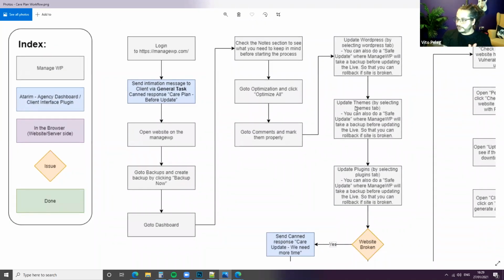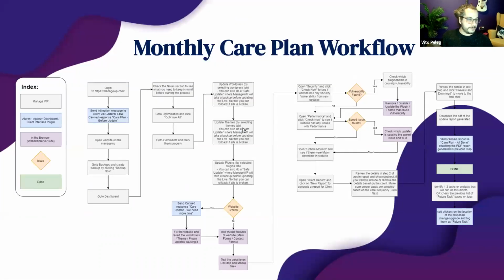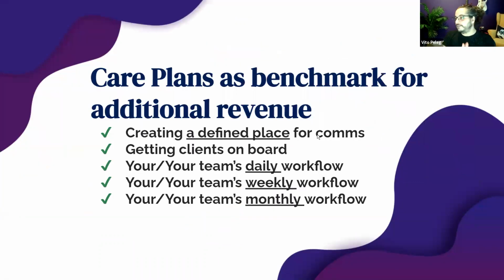So before we get to that, this is just a sneak preview for 20 minutes from now. I'm going to go back to the presentation, and I'm going to start from creating the defined place for communication. Let's talk about this for a second when it comes to why we need a defined place. And a great